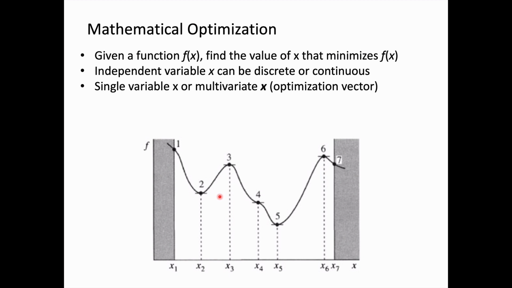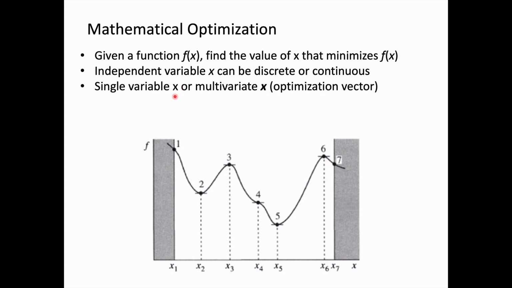We can have in optimization problems either functions of a single variable x, as we see here in this visualization, or a multivariate problem where we have a function that is dependent upon more than one variable. And in that case, it's standard to represent the set of design variables or optimization variables as a vector x. And in the notation that I use, a boldface symbol represents a vector,